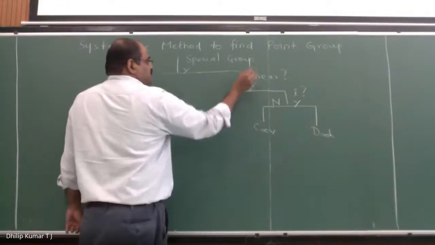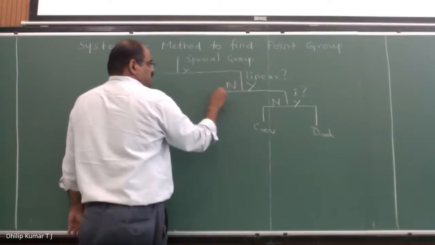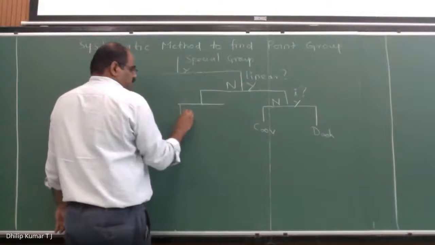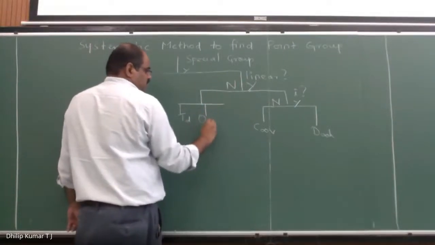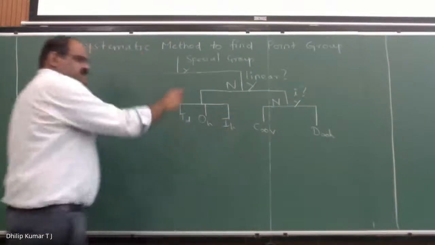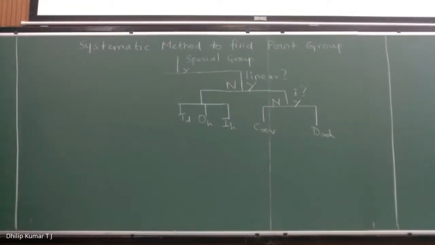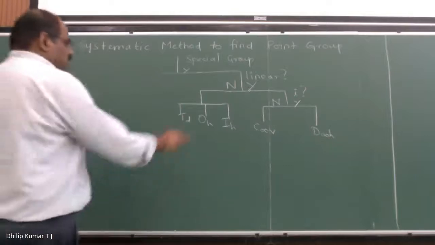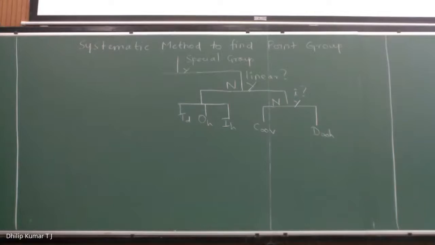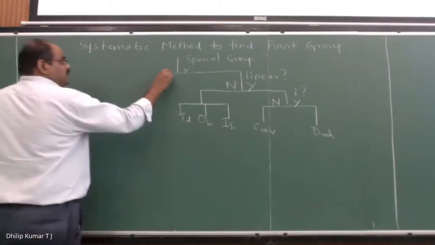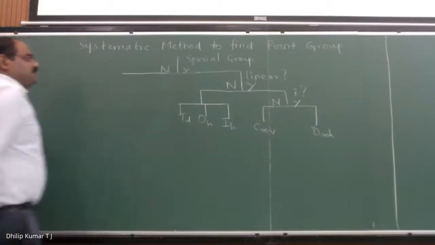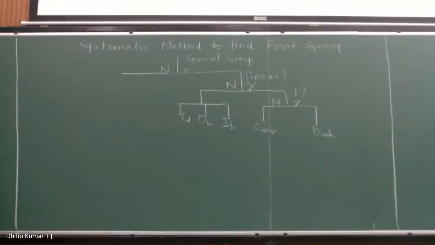Here, if the molecule is non-linear, I just say yes. So possible point groups are tetrahedral, octahedral, and icosahedral, which we call special groups. So only these three possibilities are there. If it is non-linear and they are special groups, these are the possibilities. Let's talk about other groups. If the answer is no, it is not a special group,